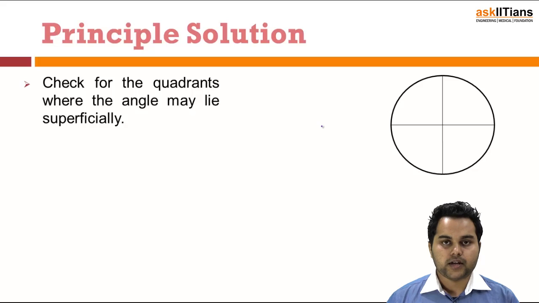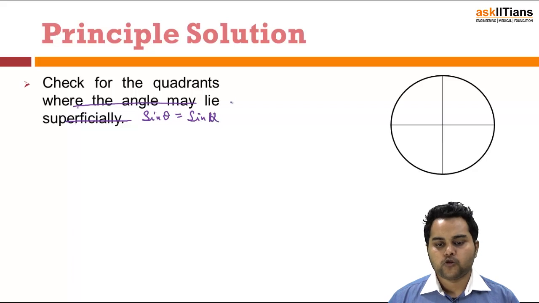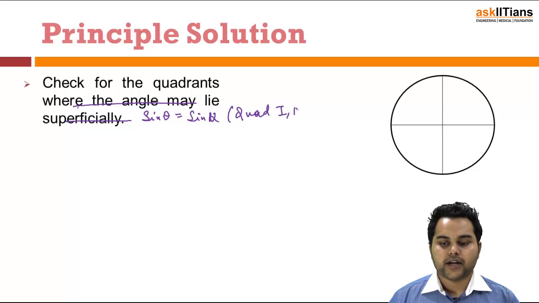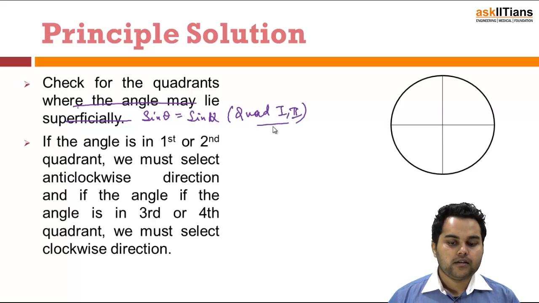And how can I do that? You need to first check for the quadrants where the angle may lie superficially. That is, if I have sine theta is equal to sine alpha, then superficially I know that the probable quadrants for the solution would be first or second. Then if the angle is in the first or second quadrant,